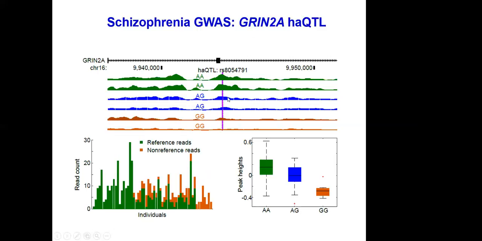Exactly. So it's a normal thing when you have a GWAS SNP, you find an eQTL that's in LD with your GWAS SNP, and then you say that's probably the causal SNP, but you want to validate that. Same thing with acetylation QTLs.